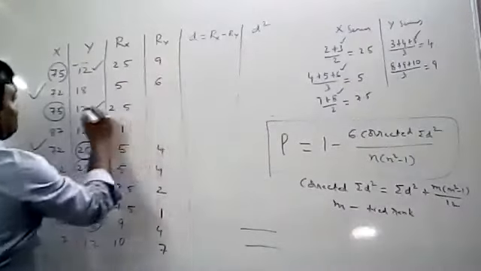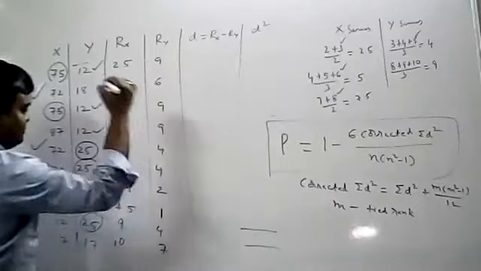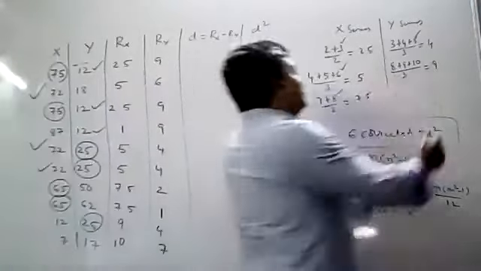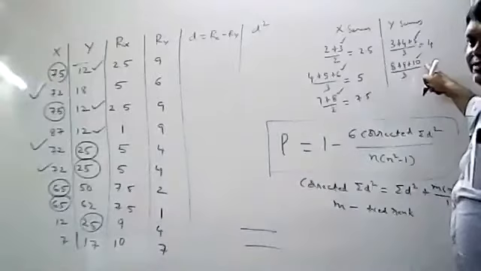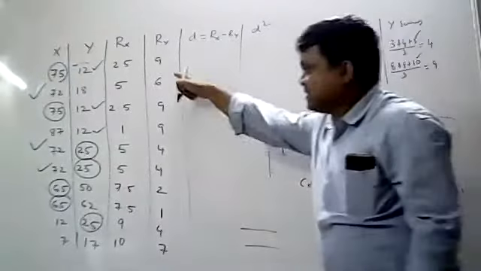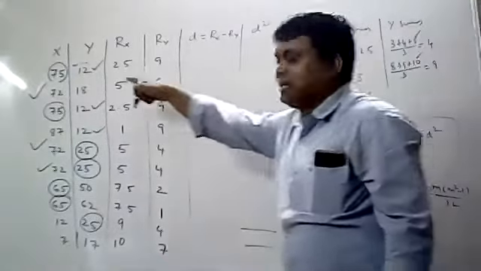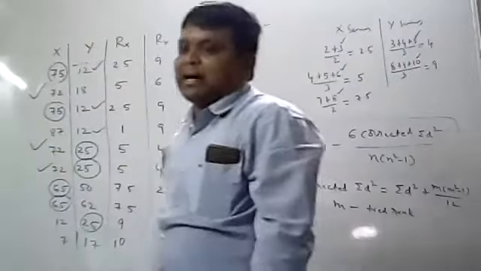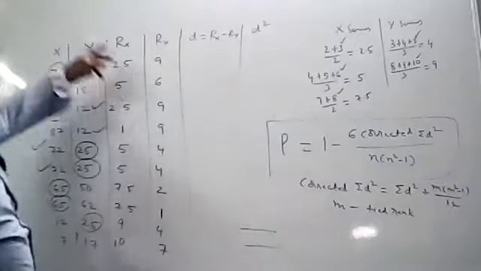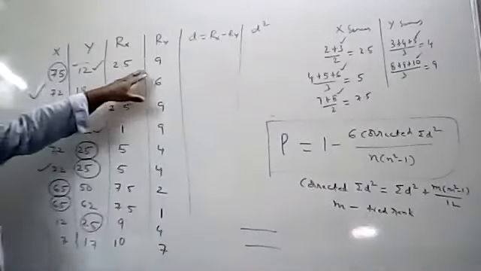So for this 12, 9. For this 12, 9. For this 12, 9. Now how many ranks are finished? 10 ranks are finished. You have 10 observations, and 10 ranks are finished. You are not getting 10, but 10 ranks are finished here. So no observation left out. So that means you have completed Rx and Ry. Now you can do the calculation. It is a simple calculation.